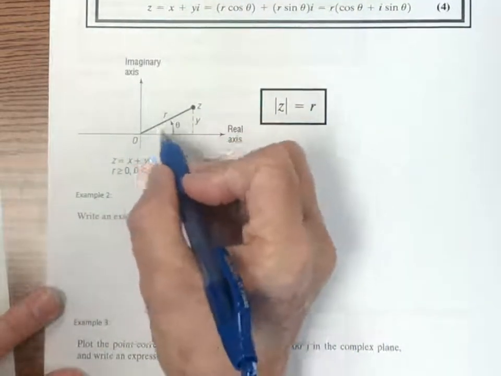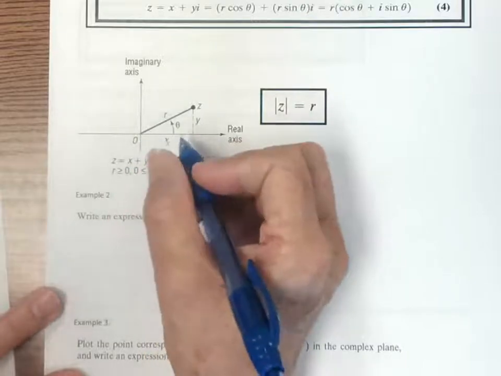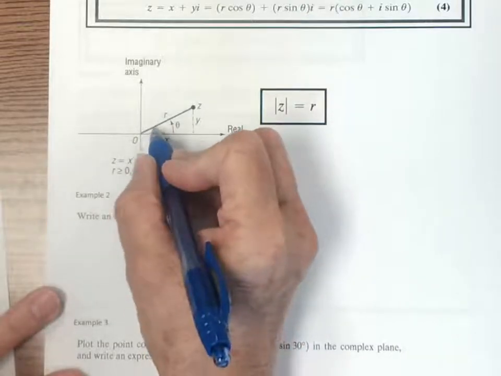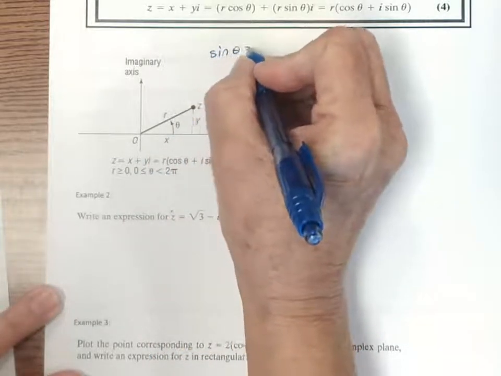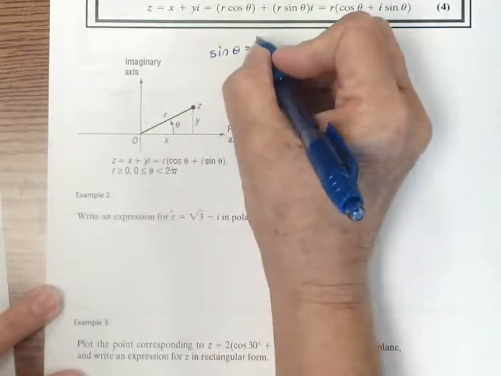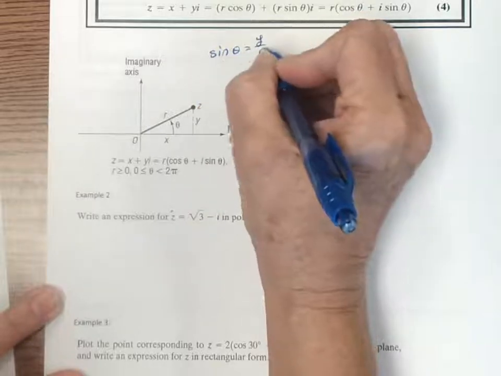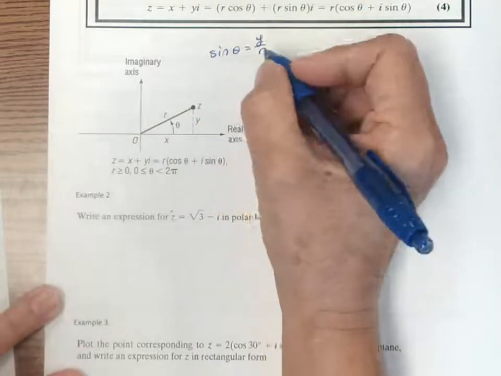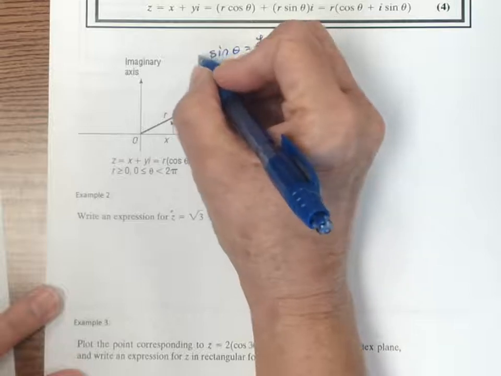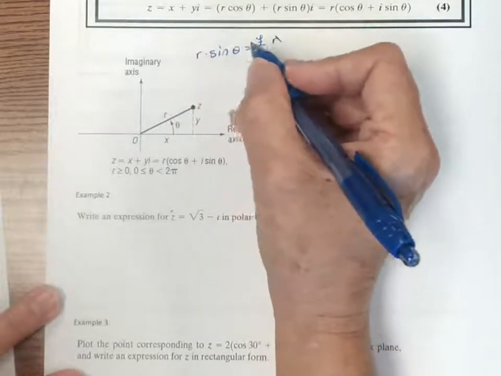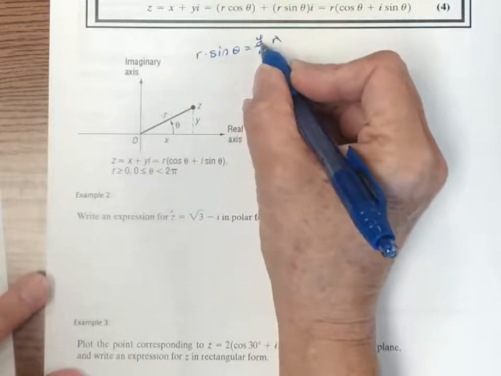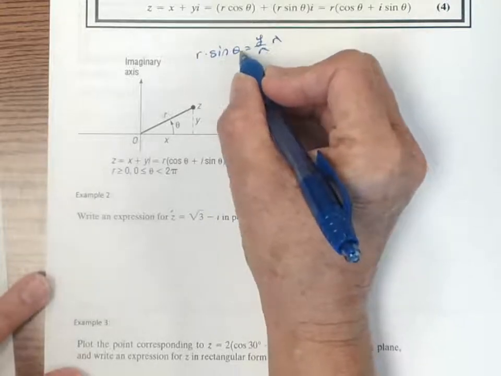So here is our triangle, if you will. Remember that if I were looking at this angle theta, the sine of theta is the opposite, y, over the radius. Multiplied both sides by r, and we would have r times sine of theta. Those would cancel. And then if I wanted y by itself, that would give me y equals r times